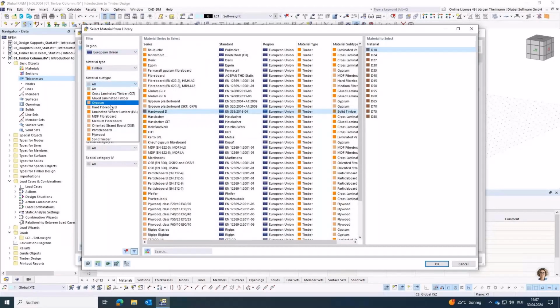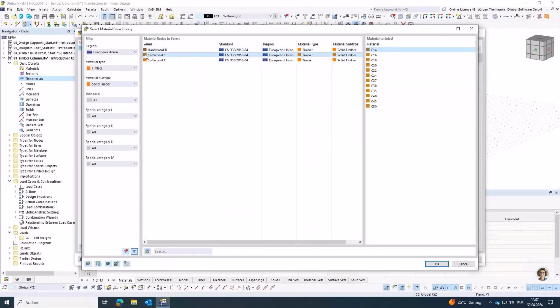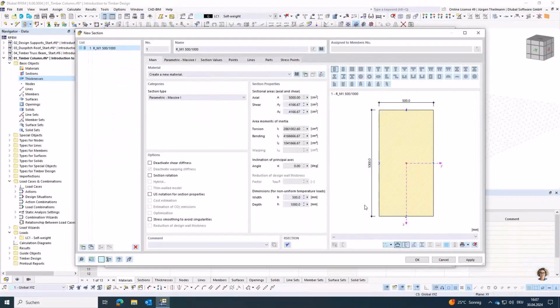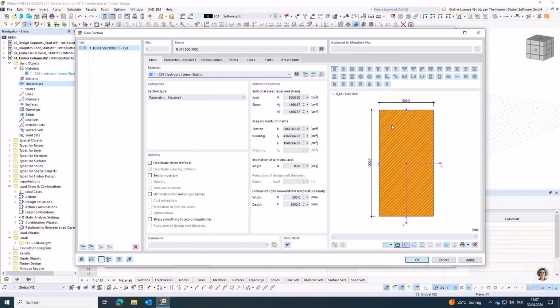This was the softwood. Where is it? Solid timber. Yes, the softwood C, and we'll make it a C24. Okay, now we have the typical color assigned to the timber materials, and we of course need dimensions for this